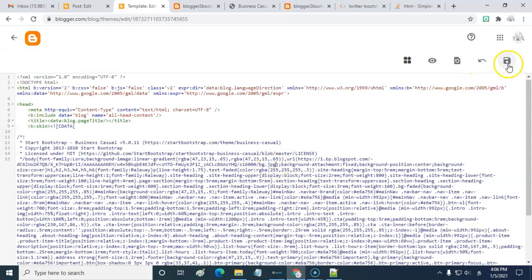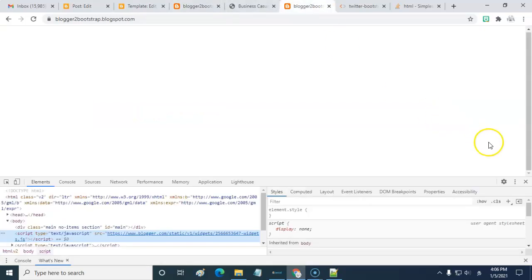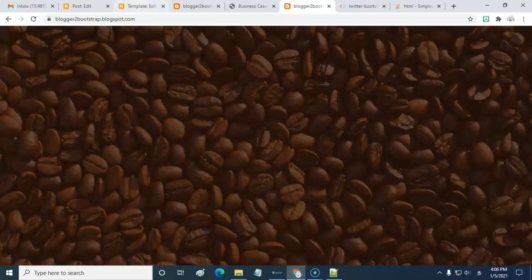Now click the Save icon. We have already converted into a blank template. Now we have added a background image. Let me check it.